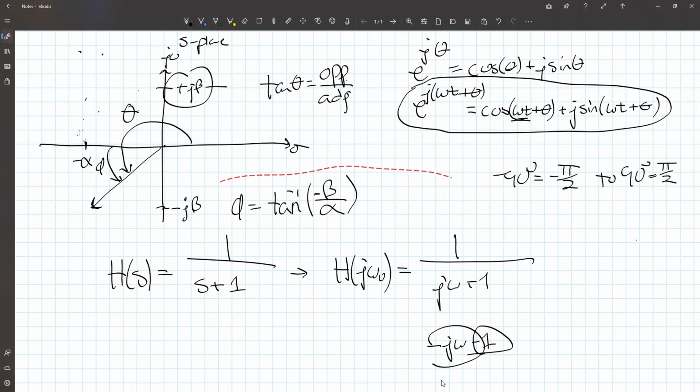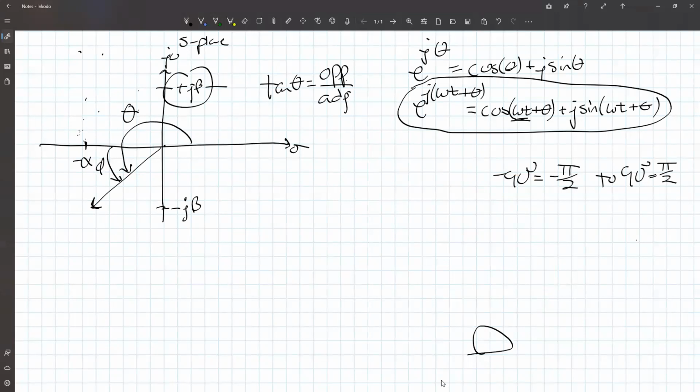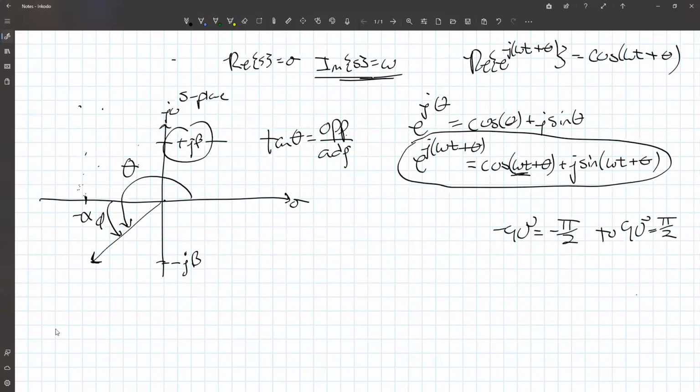I'm trying to think if there's anything else about complex numbers that we need to talk about. I don't believe so. Does anybody have any questions about complex numbers? I don't think it's going to be absolutely imperative that you're an expert with complex numbers to do well on this midterm exam, but